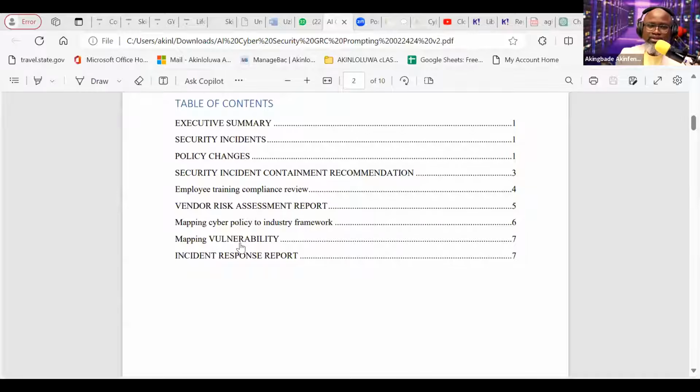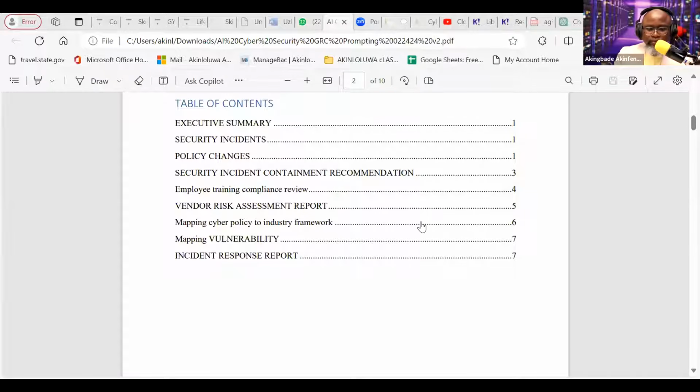So I can take a cybersecurity policy and ask ChatGPT or any of those models to benchmark it to a certain industry framework. That can be ISO 27001, that could be NIST CSF 2.0, whatever it is, you could